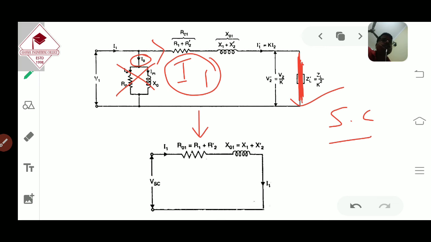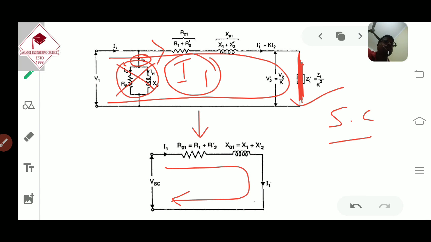So suppose I0 is 0, okay? So this circuit will not come into play, so we will be left with only this part, okay? Hope you understood. So for this you will find this circuit only, we are neglecting this part, right? So through this circuit we can easily find the remaining parameters, okay?